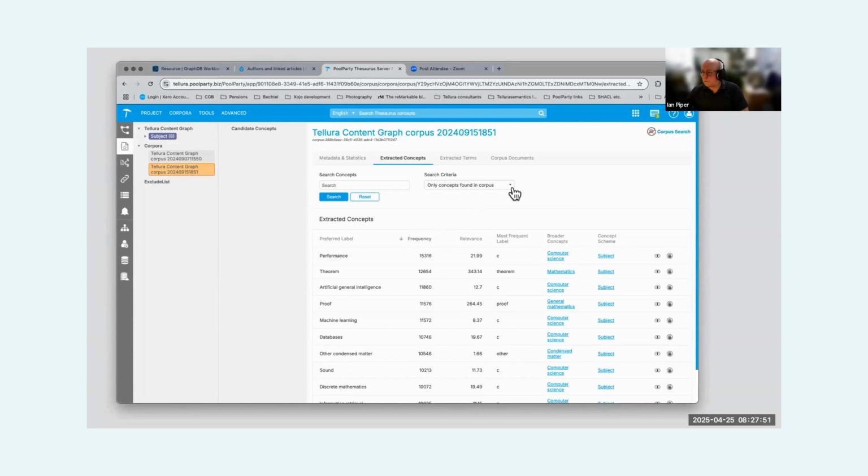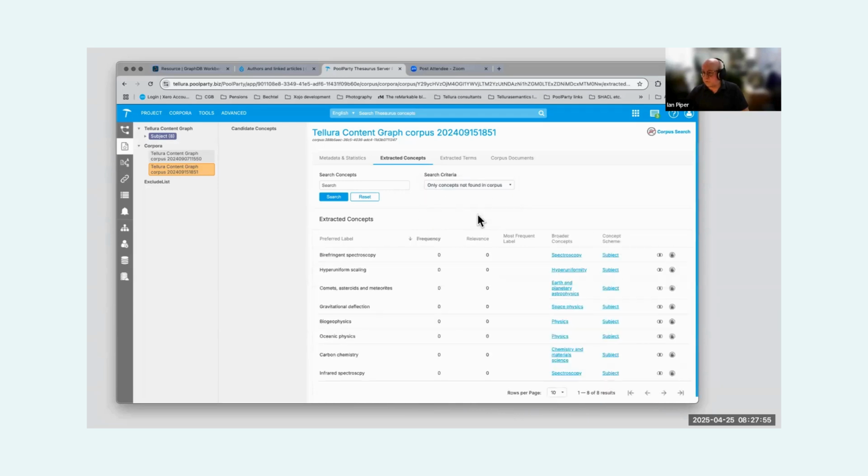You can also look for concepts not found in the corpus. This is also really useful because what it's saying is basically you've got a taxonomy concept, but you've got no matching content in your corpus. That could be for a variety of reasons. It might be that you haven't got a sufficiently broad corpus, or it might be that your taxonomy is wrong, or it might be that you've got